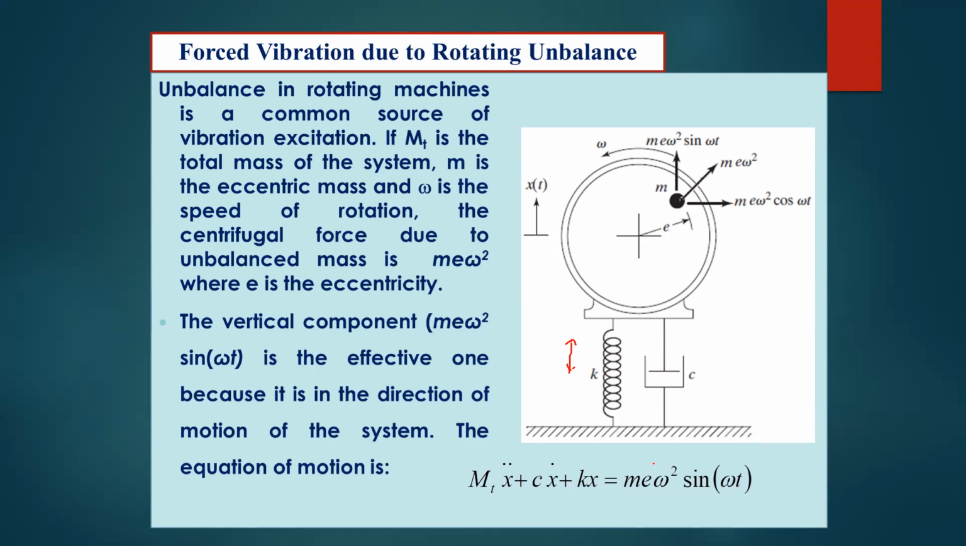From that free body diagram, the forcing is due to this centrifugal force. Okay? This is the excitation force now. m e omega square sine omega t, because this sine omega t is in the vertical direction. The horizontal component has no relation with this force. Okay, so you have